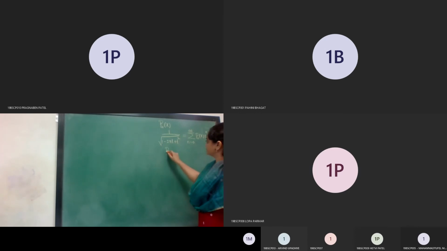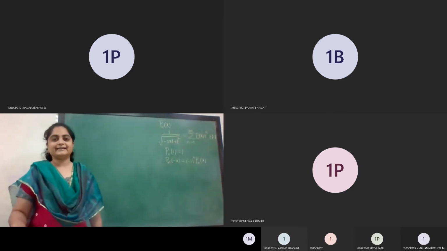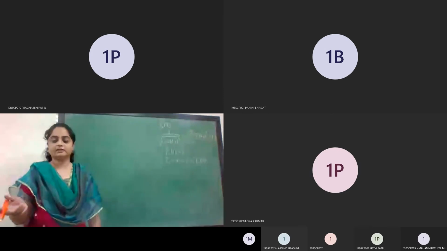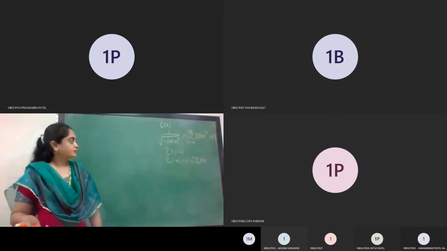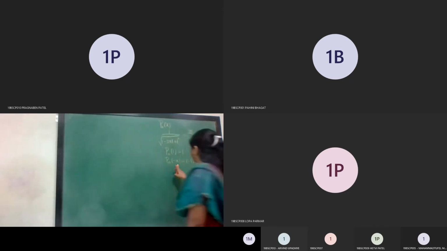Which are these properties? The first property we saw: for any n in the set of natural numbers, Pn(1) will always be 1. Then we considered Pn(-x), which is nothing but (-1) raised to n into Pn(x). Means for any natural number and 0, if you consider the negative argument, then Pn(-x) differs from Pn(x) just by the sign, plus or minus 1. So that we have seen. I think I considered these two properties only, right? This is the property we saw yesterday.